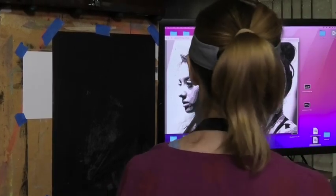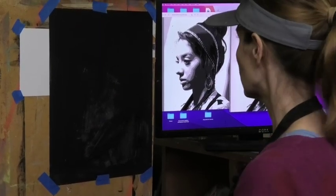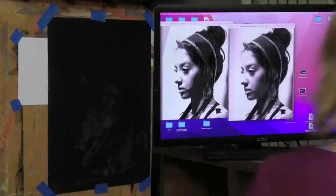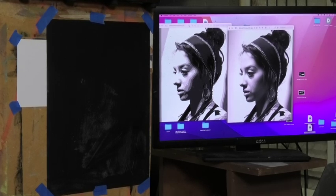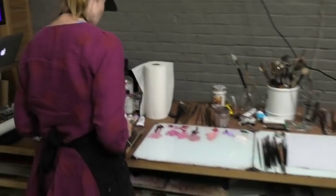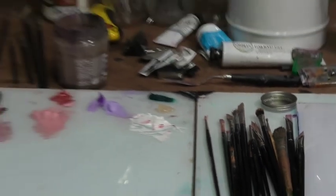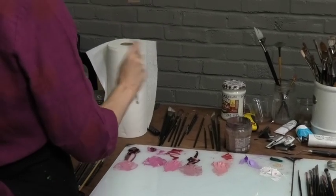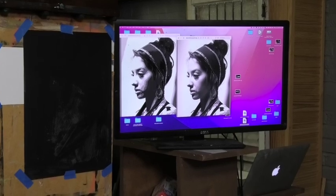All right, so how would I start this? Obviously my background is black and this is white, so that's going to be different, but I don't care. Scott's probably going to keep the camera on my painting mostly. In the very beginning, I would probably use a somewhat bristle or mixed hair brush, something sturdy, to do what I would call scumbling. You literally take paint and keep your brush on it and just scumble it, pushing paint in. So I'm going to put down the generic, or what I would call home base value,